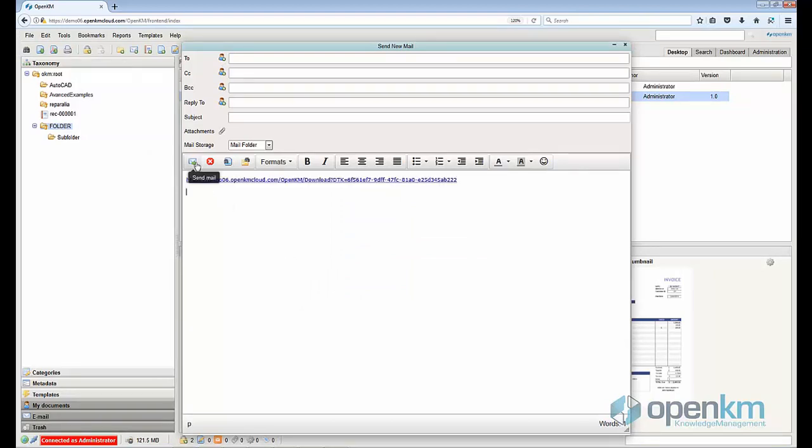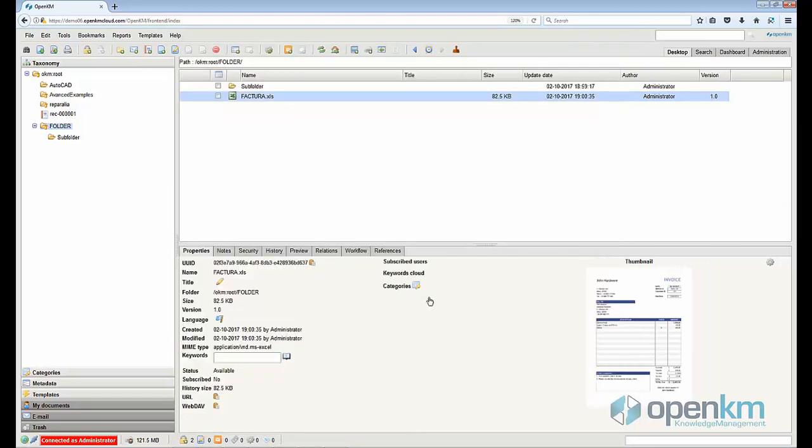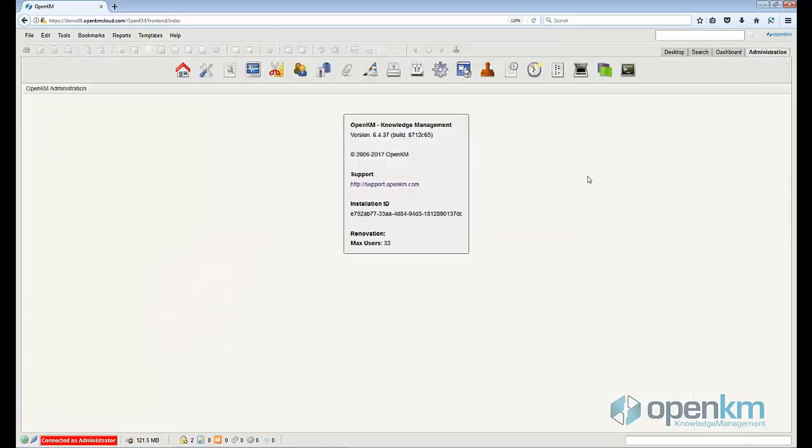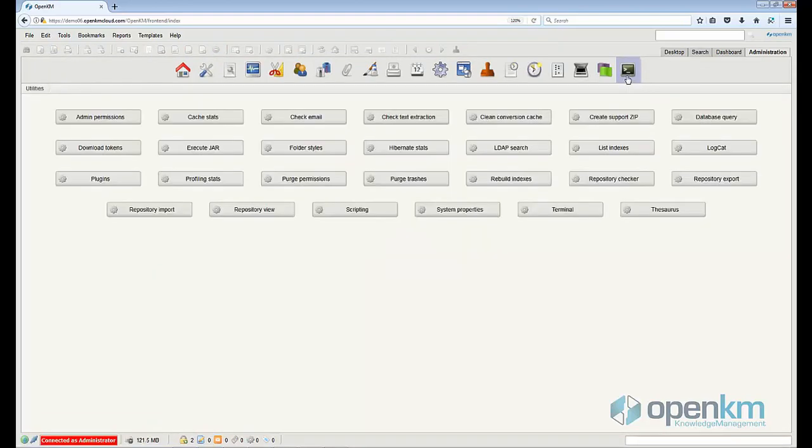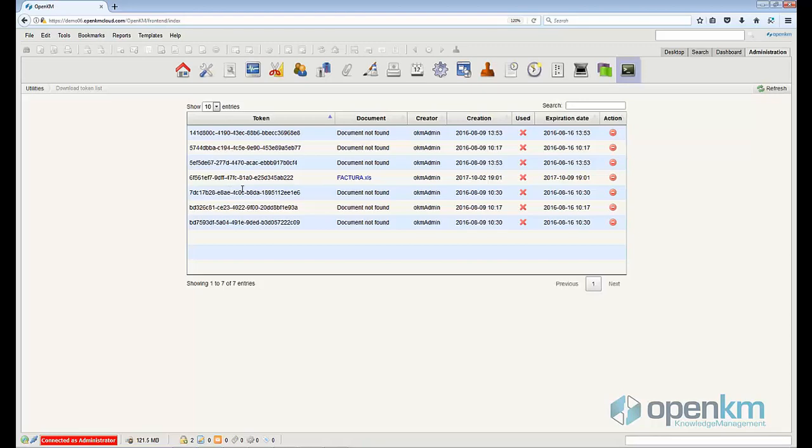This time I want to send them this download link, but let's think that as administrator, we are worried about what happened inside the document management system, and then we would like to know how many documents are shared with outsiders of OpenKM. So as administrator, accessing the administration panel, we can have a look at the download tokens. And regarding this document, we can see that